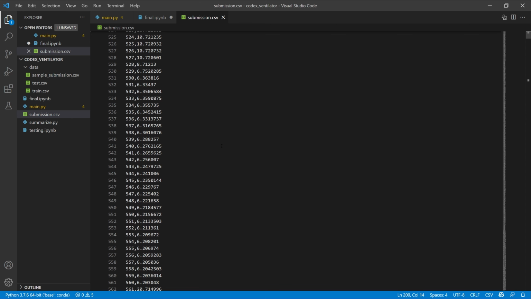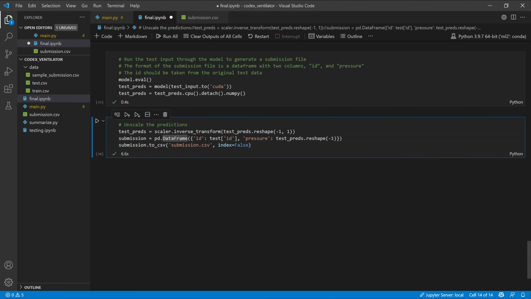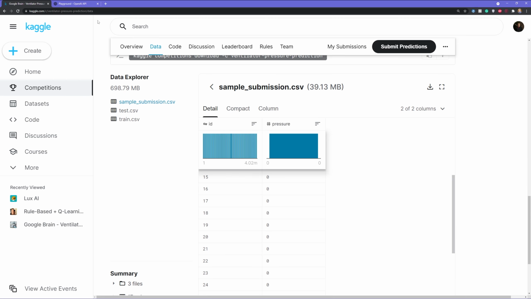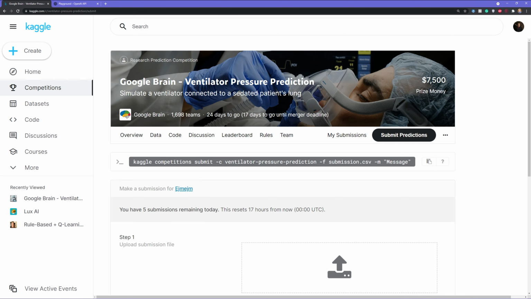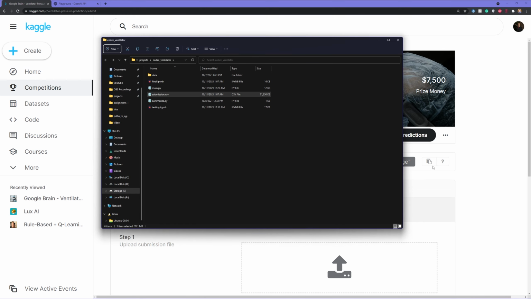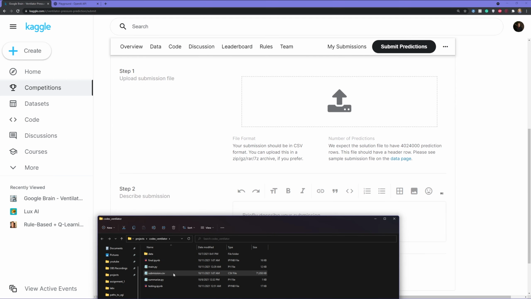So I'm going to go ahead and submit this. And I guess really we just have to hope for the best. I'm actually really curious to see how this turned out. I'm not expecting any medals here, but maybe if we're not in last place, I'll be quite happy. Let's head on over to here and submit predictions. Then all we have to do is open up our prediction and drag it in here. So where are we? Down here. Drag over the submission.csv